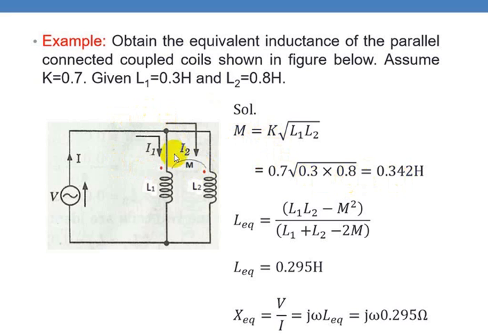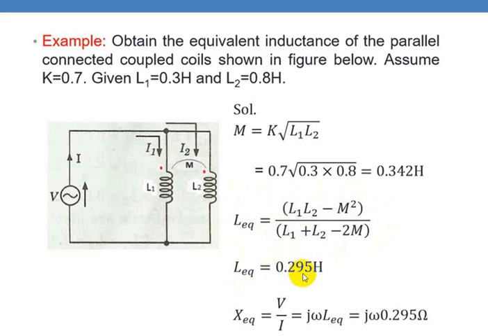Also we know that for this circuit, current I1 and I2 are entering the dotted terminals. So the equivalent inductance of this circuit will be (L1 into L2 minus M square) by (L1 plus L2 minus 2M). So this already we have seen in the coupled circuit part 1 video. So now you substitute L1, L2 and M in the equation. So you'll get L equivalent as